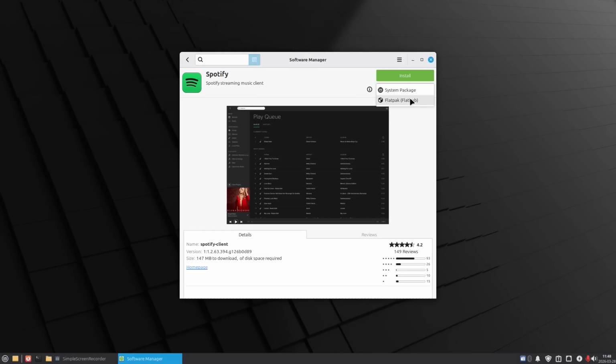Flatpak packages are containerized, which means they run in their own container and have all the dependencies with them. It's up to you which way you prefer. The benefits of a system package are they're usually smaller because they share libraries with other applications. But the downside of that, of course, is if a library gets corrupted or a library is missing, then the